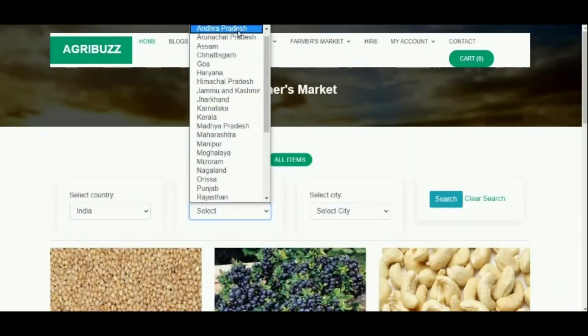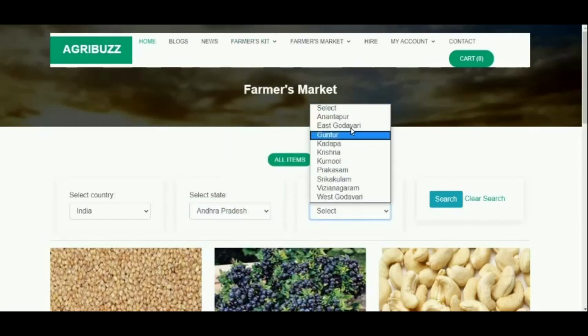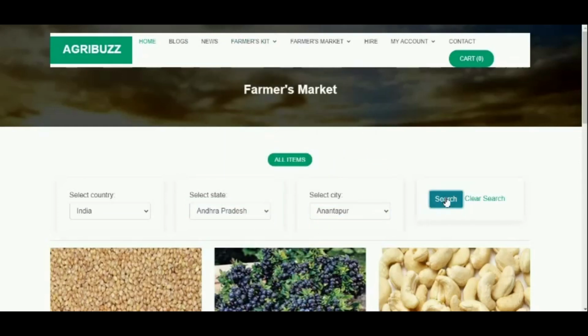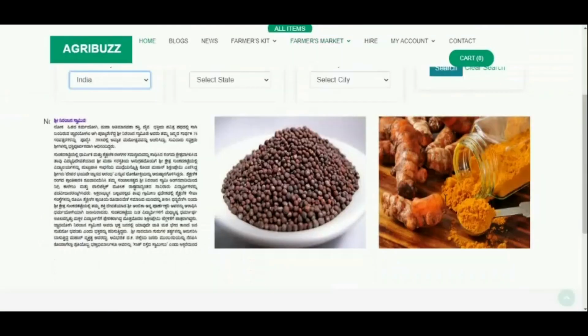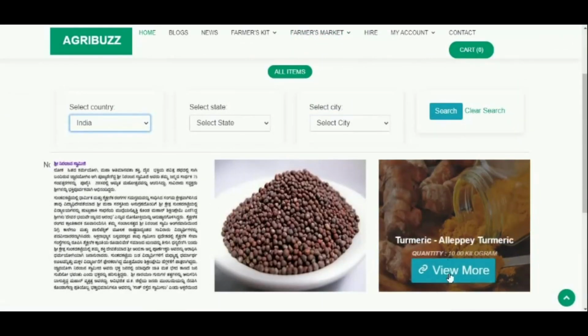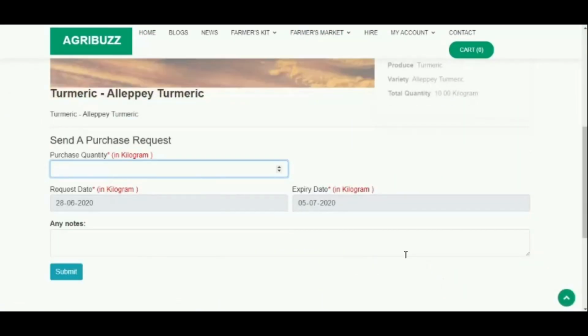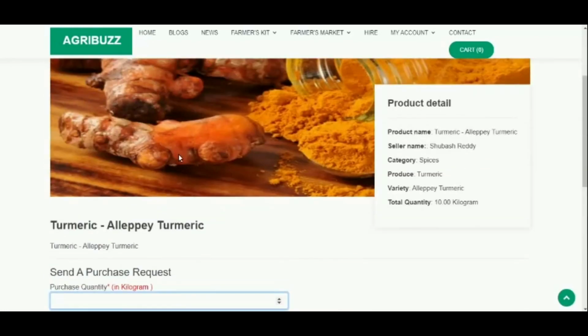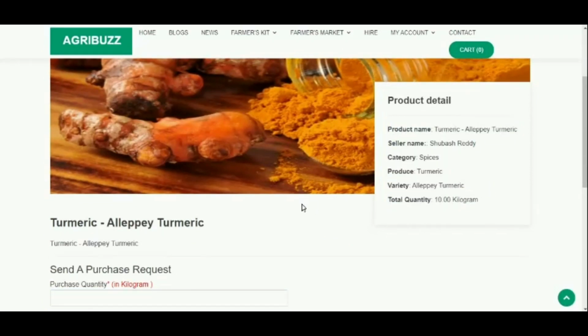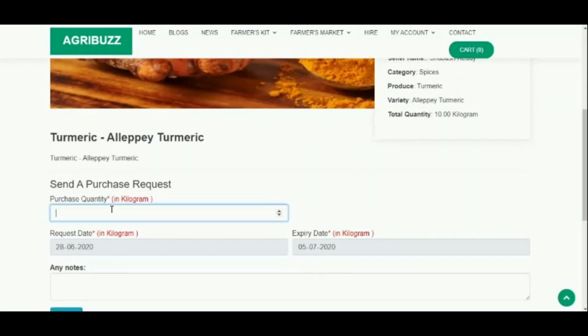They can also search various locations and view the produces of those locations. To purchase the produces from the farmer, customer must send a purchase request by entering the purchase quantity.